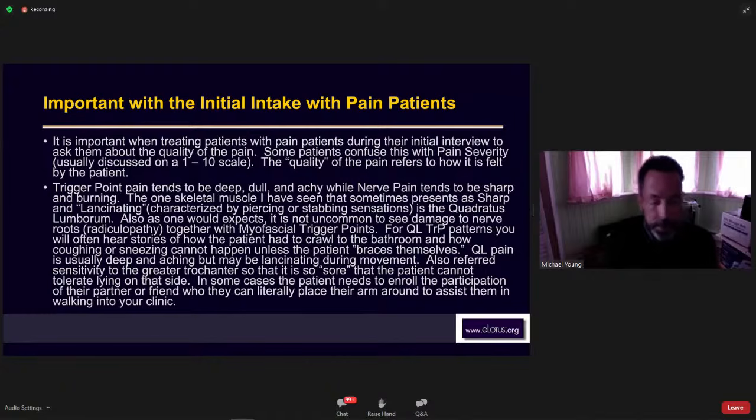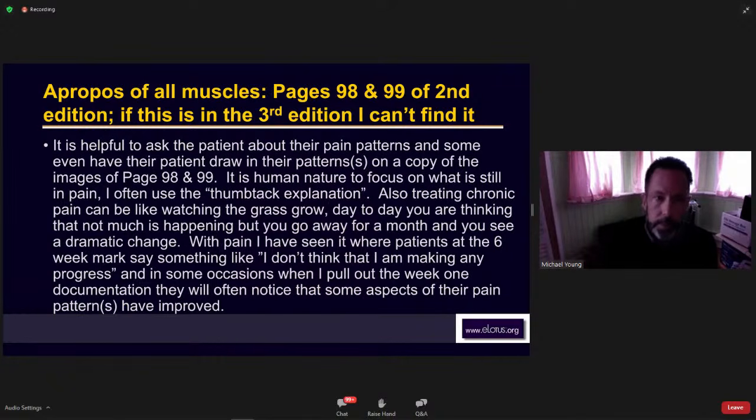So yeah, I've had some people come into the clinic with their partner or friend, and they've got their arm around their partner or friend because they have real trouble getting around. So apropos of all muscles,